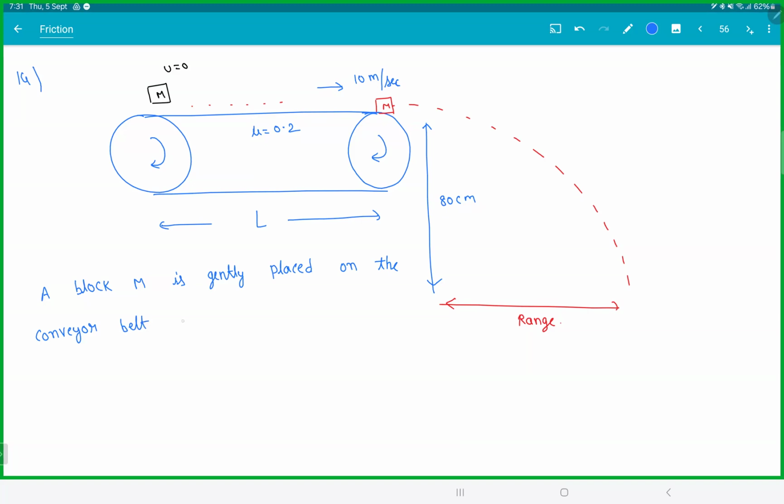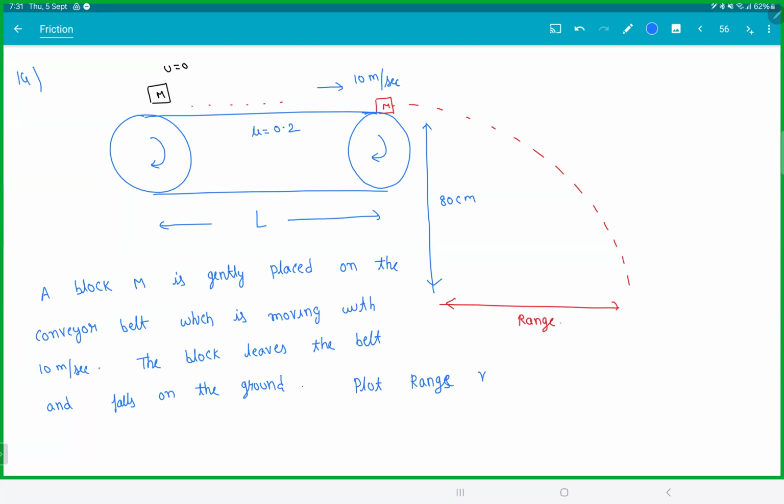Right? Which is moving with 10 meters per second. Can you tell me how will the friction be on the block? Right or left? The block leaves the belt and falls on the ground. Plot the range